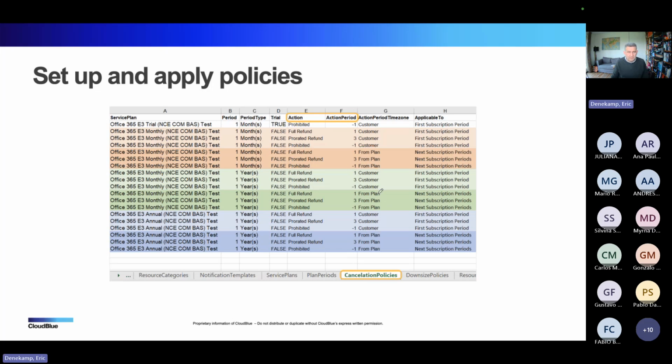And there are a couple of things. The action period time zone. So if we measure 24 hours, whose 24 hours are we talking about? Or whose 1 day are we talking about? Well, there could be something different when it comes to the time zone of where the platform is living as opposed to where the customer is living. So that is where this comes from.